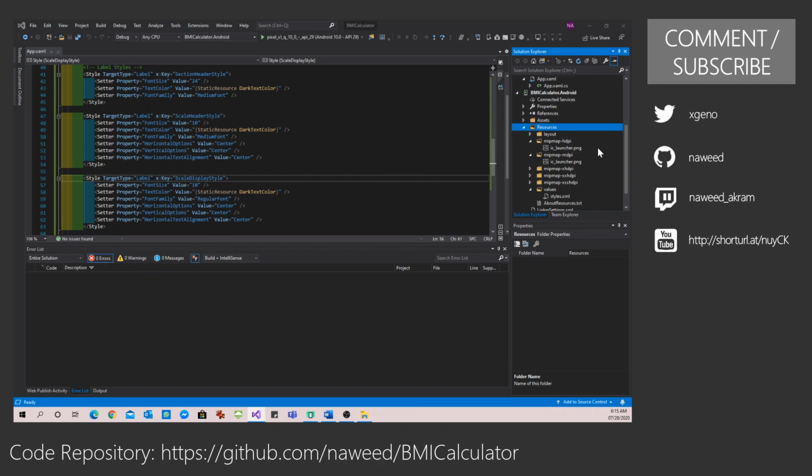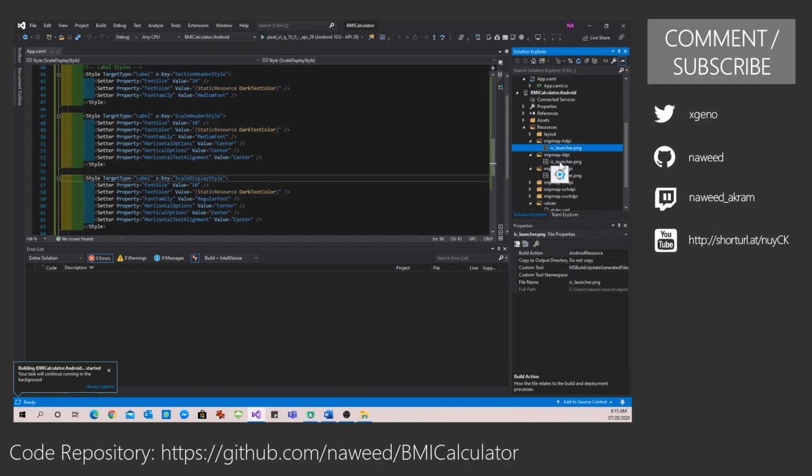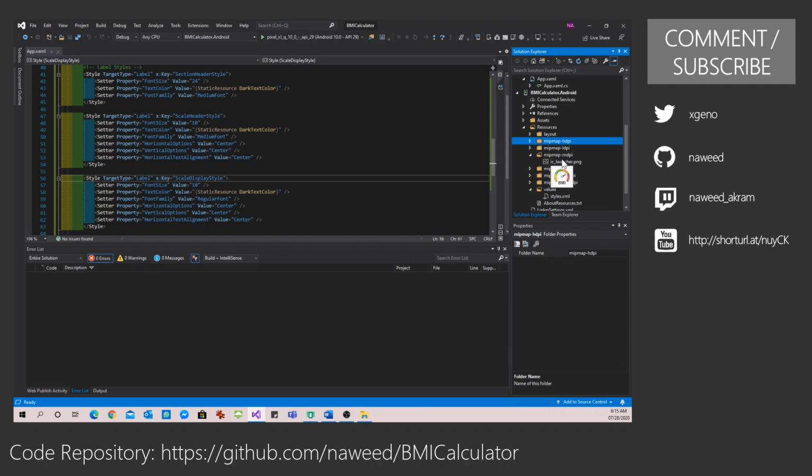Once this is done, you can see this is the logo icon that we will see. Okay, for the mipmap load API, yes, I did not change it because my device anyways who has the old devices, so I did not change it, but for all the other resolutions I have changed it.